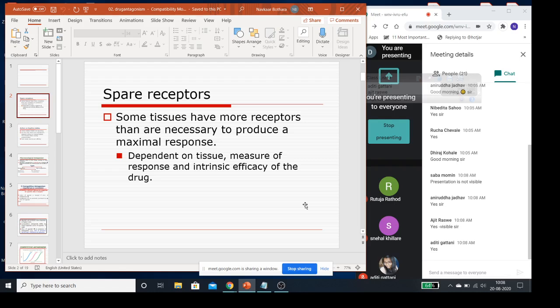So in that case, there are some tissues which are having these spare receptors. So it was found that when antagonist is given in high concentration, so that all the receptors will be blocked,